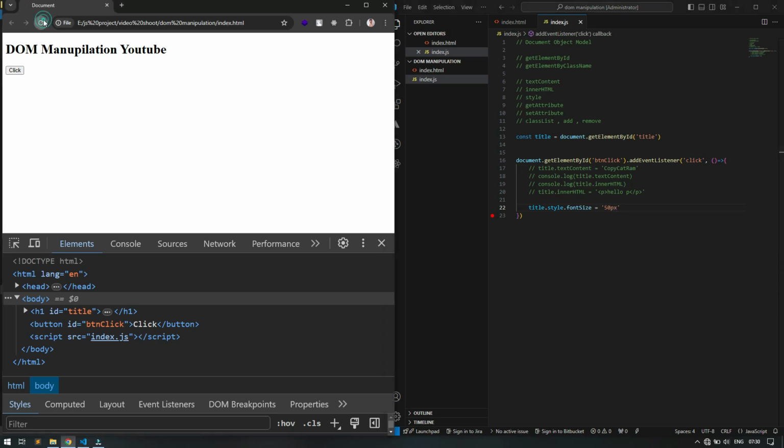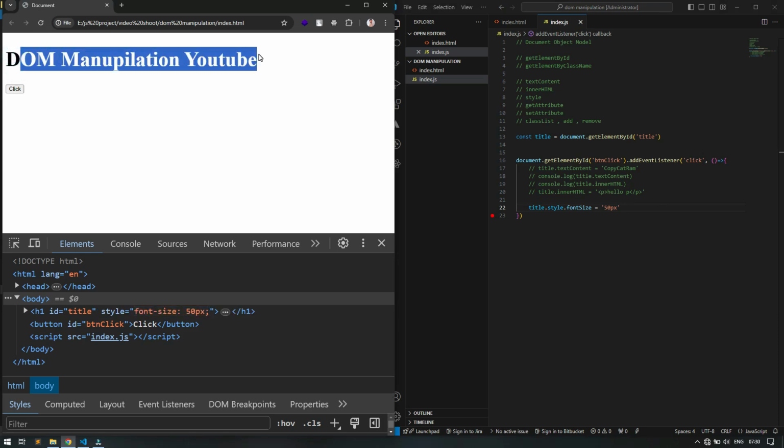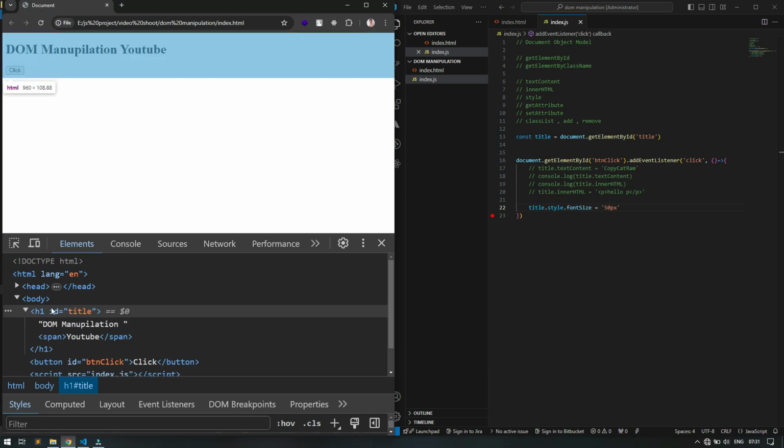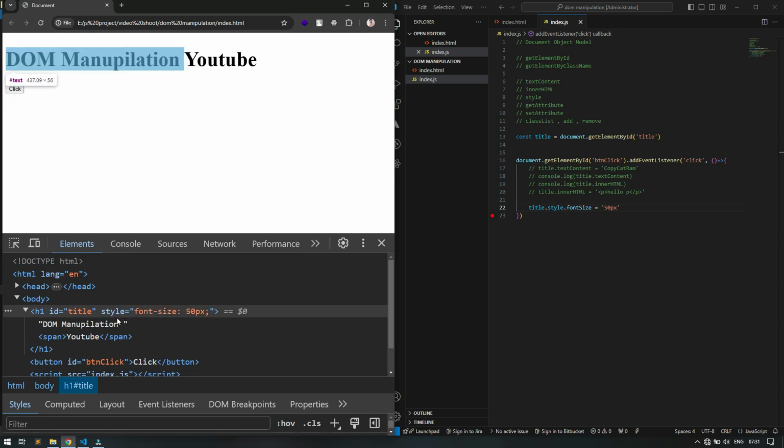So let me save, refresh. Now if I click on this, you can see that the font size of the element has increased. Also you can see that it has applied inline styling. So here you can see the style attribute. Let me refresh again and you notice that right now we do not have any style attribute on the element. Now as soon as I click here, we have the style attribute on the element